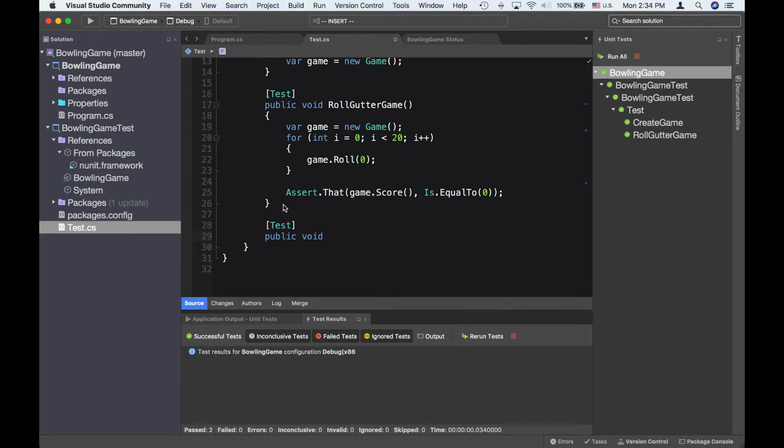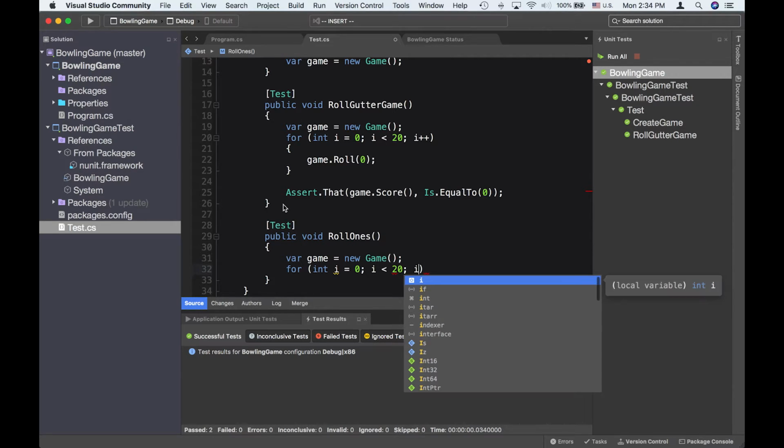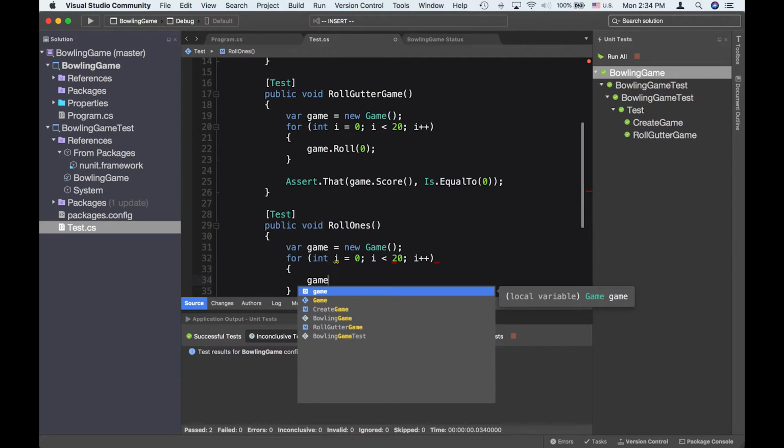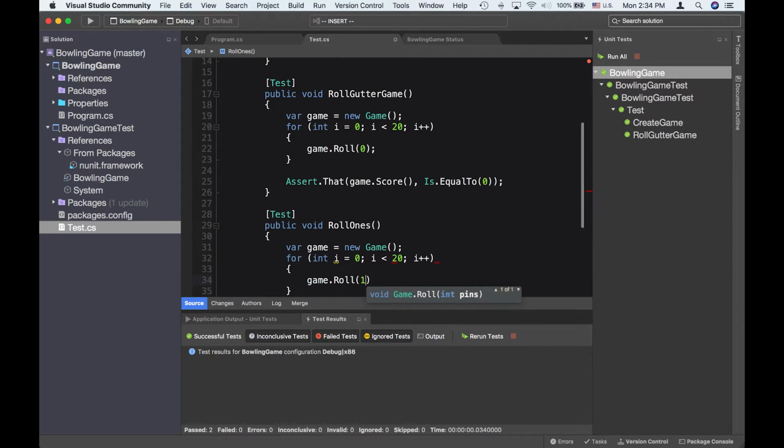public void RollOnes. Okay, and you can say var game equals new Game, and then after that we're going to say int i equals 0, i smaller than 20, i++, game.Roll(1),